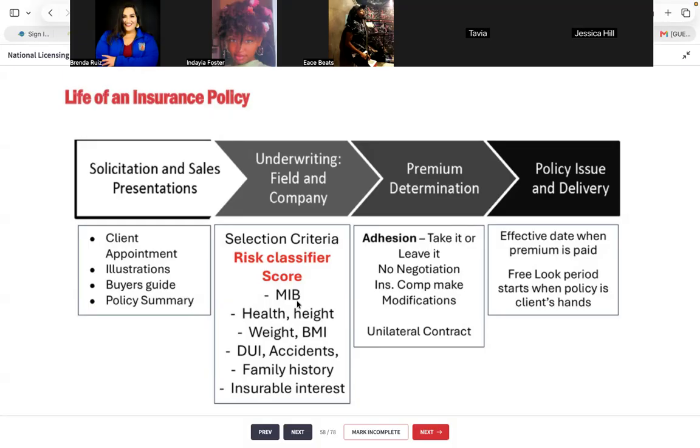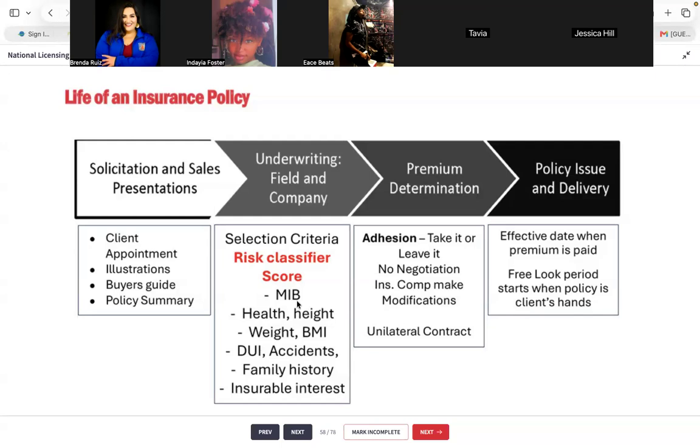This is a unilateral contract as well. They're the only ones who are going to be held liable in this contract. So if they, for whatever reason, don't want to pay it, they can't do that. But if you don't want to pay your policy, you can do that. You can say, "I don't want to pay it," and don't pay it. The insurance company's not going to send you a bill collector. They're not going to come knocking on your door. They're not going to come repo your insurance policy. You just stop paying it. But the insurance company cannot say, "We just don't want to pay." They have to have a very valid reason for not paying your policy. If they don't, for no reason, then they will be held legally responsible.